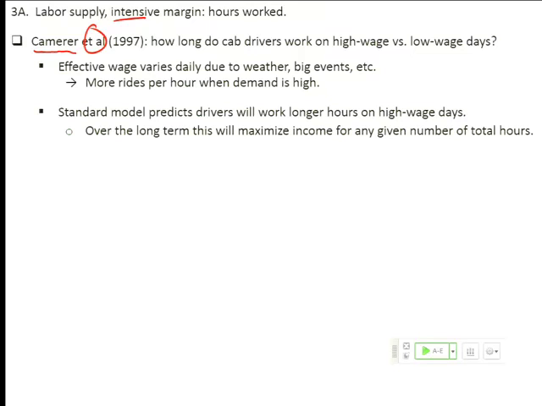But the point being, substitution effect: one way of thinking of it is that the price of leisure time, right? The wage is the price of leisure time. If you want to buy an extra hour of leisure time, you have to give up an hour's worth of wage. So on high wage days, the price of leisure time goes up, so you substitute towards work time, right? That's the right way to think about it. Now, it could be that the wage goes so high that the income effect kicks in, and I say, no, now my wage has gone so high, I actually only need to work for 3 hours before I reach my optimal point. But if you're looking at daily labor supply, you don't actually have to worry about the income effect